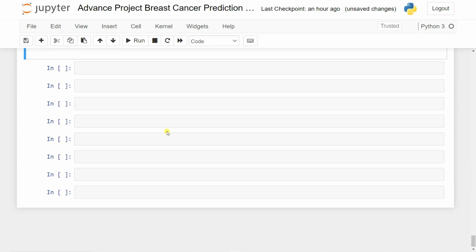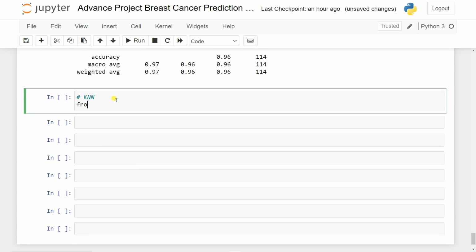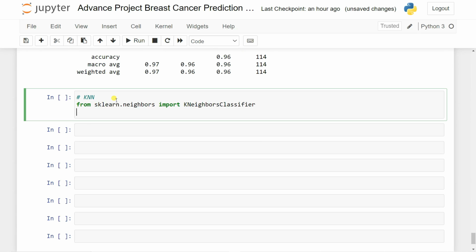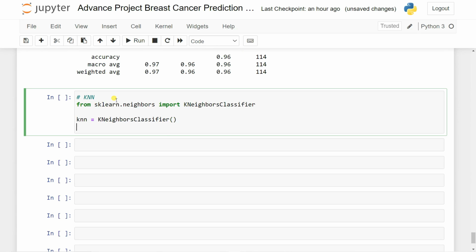Now let's try some more advanced types of algorithm like KNN. So let's call KNN. I'm going to import it from sklearn.neighbors. I'm going to import the KNeighborsClassifier, and because this is a classification task, let's say knn equal to KNeighborsClassifier. I'm simply going to create one instance of that, and use knn.fit,